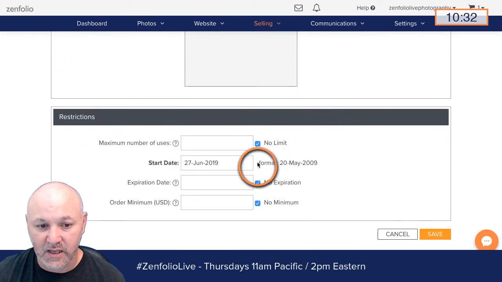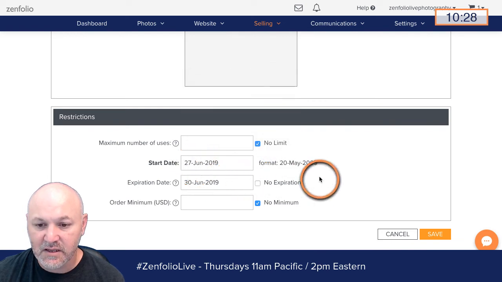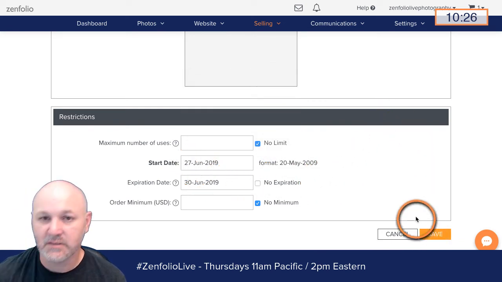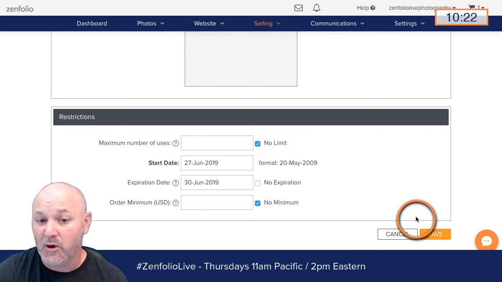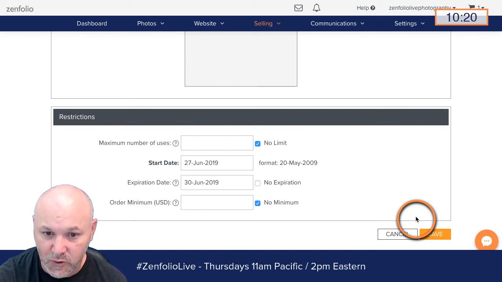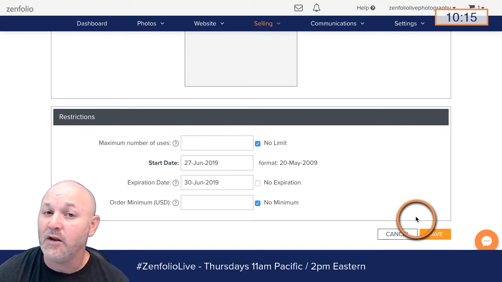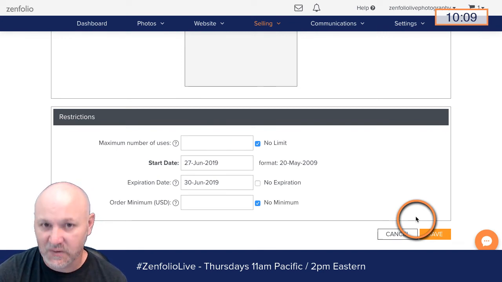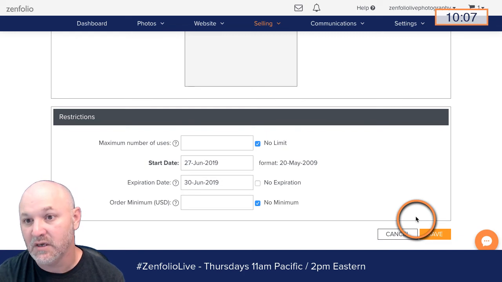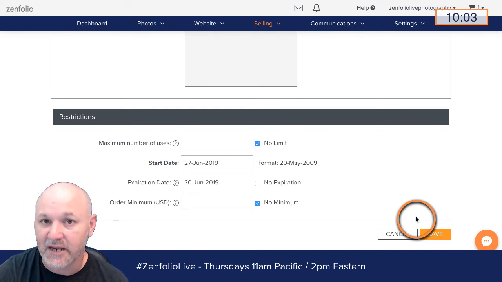But then you can say, okay, this coupon is only good for the first 3 days. And then you would save that and send that coupon code out. And then either in the same email or another email, you would have to create another coupon with a lower discount rate and a different expiration date. So there's not a way to do it all in one coupon. You'd have to do it with multiple coupons with different expiration dates. And of course, every expiration date is going to be static. It's not going to be dynamic.